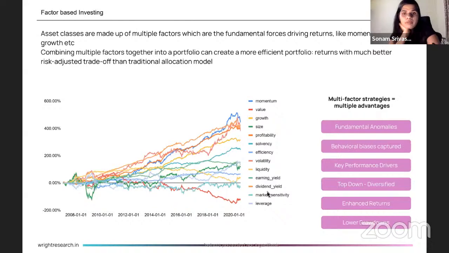तो अगर आप यहाँ पे अलग अलग फैक्टर्स की परफॉर्मेंस देखेंगे लॉन्ग टर्म में, आपको दिखेगा इंडिया में मोमेंटम एक बहुत ही पावरफुल फैक्टर है। और इसको समझना भी काफी आसान है, क्योंकि भारत में हमने देखा है